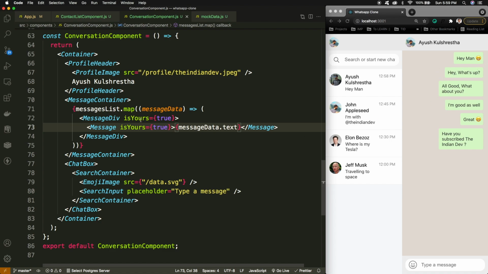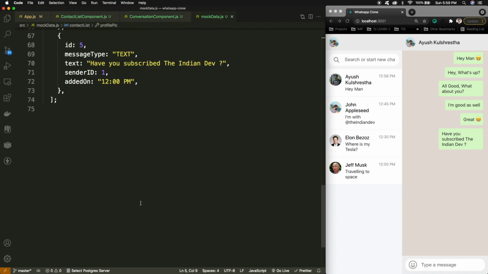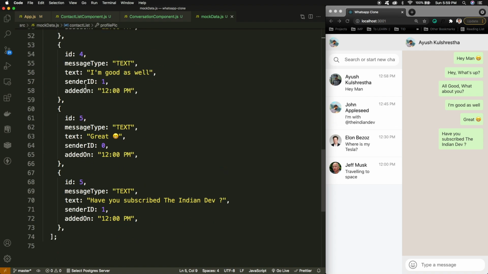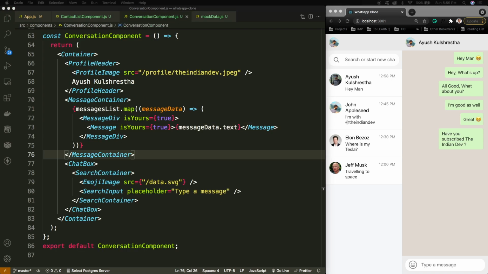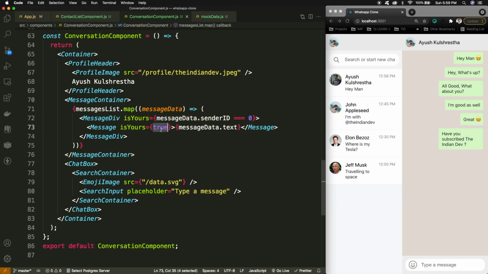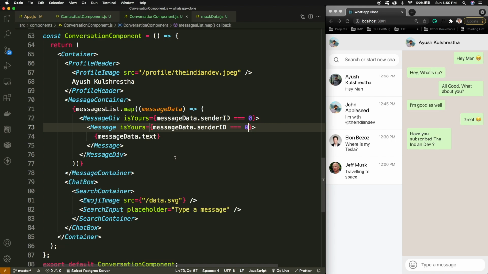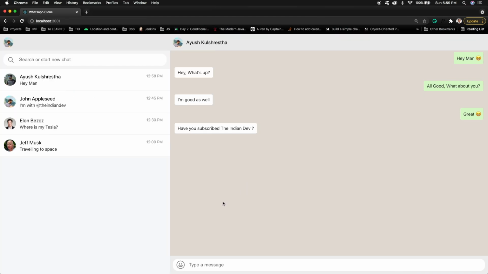Now to calculate this part, what we can consider for this part is, if the sender ID is 0, then I will consider it my current ID is 0 or my user ID is 0. Then in that case I will be comparing. If the sender ID is 0, then it is mine, otherwise it's from the other person. So now here you can see, so we have achieved the dynamic data inside the contact list and the message